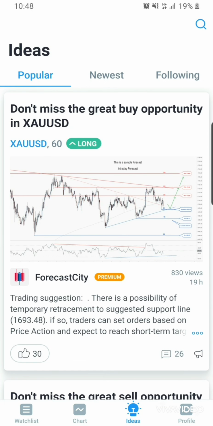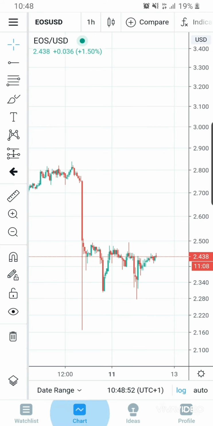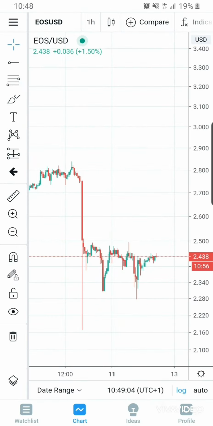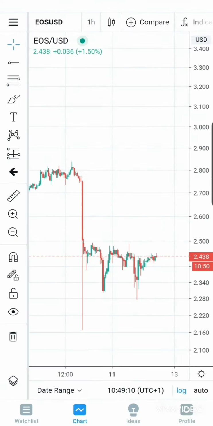So let's talk about the main aspect, that's here, the charts. So the chart is where you do your analysis. As you can see, okay, let's say I want to do analysis on